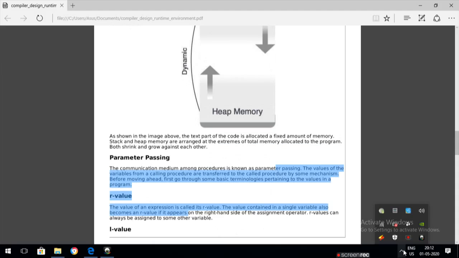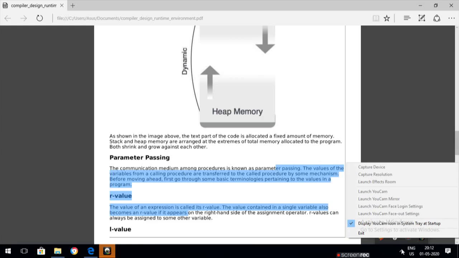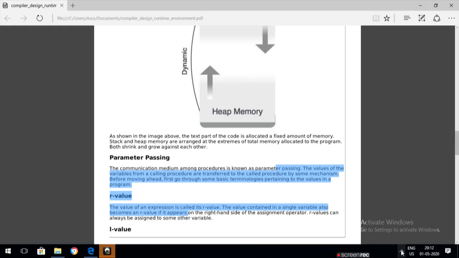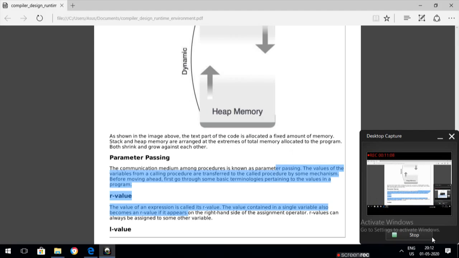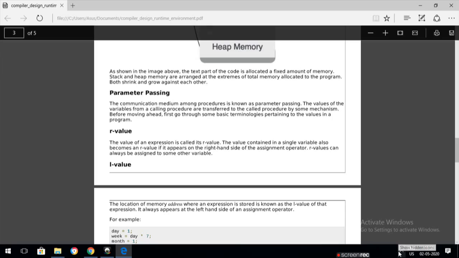So this next topic I'll teach is parameter passing. So in this topic, parameter passing, what is parameter passing?